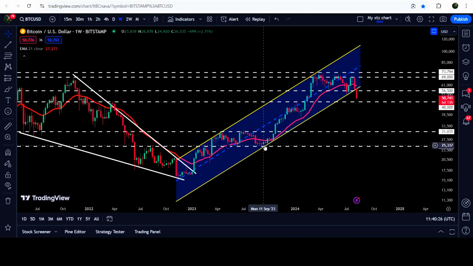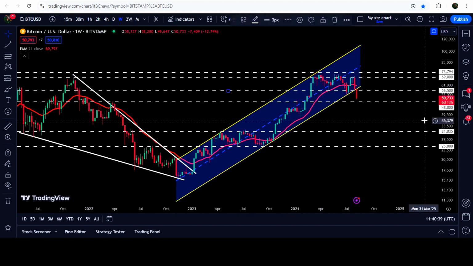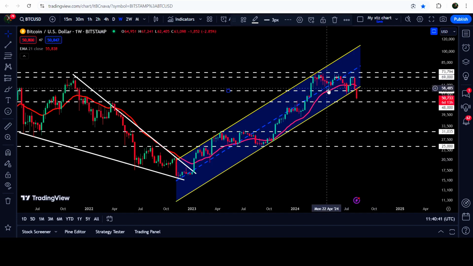You can see that this support was coming from here from the month of September 2023. We had stable touch points here, and we had another bounce here, and now recently we have broken down the support, and we have also broken down this support of $56,500 as well. That was the lowest price of the month of April 2024. And after that, you can see that we had a nice jump.